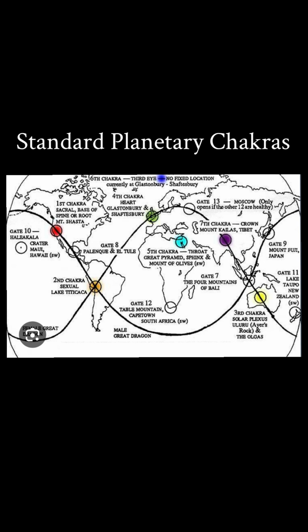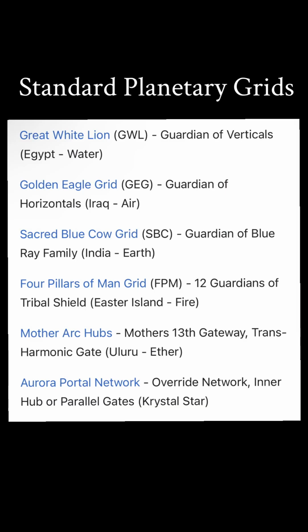Additionally, you'll see different ley lines and different points of interest all along the planetary body. So you just have to keep in mind that there are many other areas on the planet that you can clear. There are already established grids. I just went with the Stargates because it's what I immediately felt drawn to clear, specifically because of the incoming energies and the rainbow spiral frequencies that I'm receiving. I feel all of the Stargates needed to be cleared of all of the blocks,